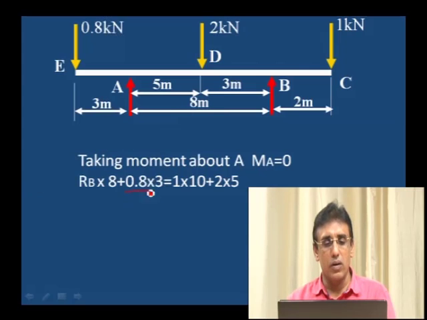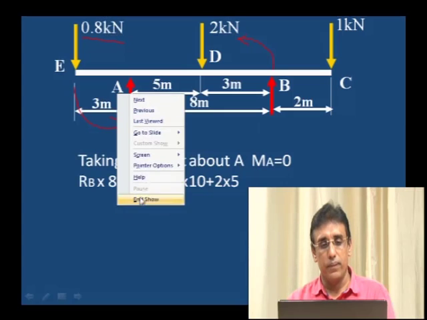Plus I have taken 0.8 into the distance of 3 meter. This is also anti-clockwise. This RB is also anti-clockwise, and this 0.8 into 3 is also anti-clockwise. We are equating the clockwise moment to the anti-clockwise moment. Clockwise moment is due to the 1 kilonewton and 2 kilonewton loads. That is why I have taken on the left hand side 0.8 into 3 is equal to